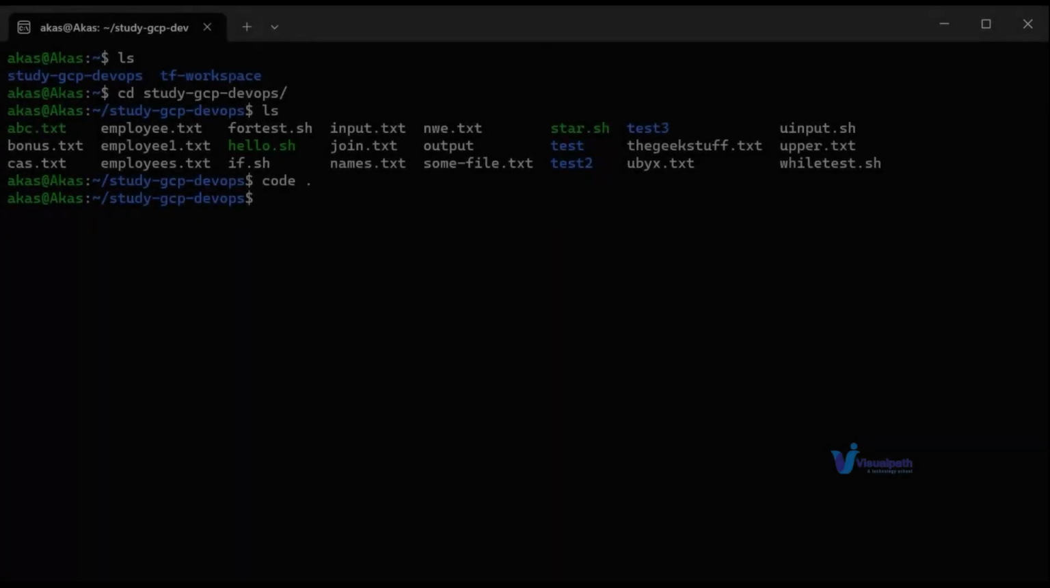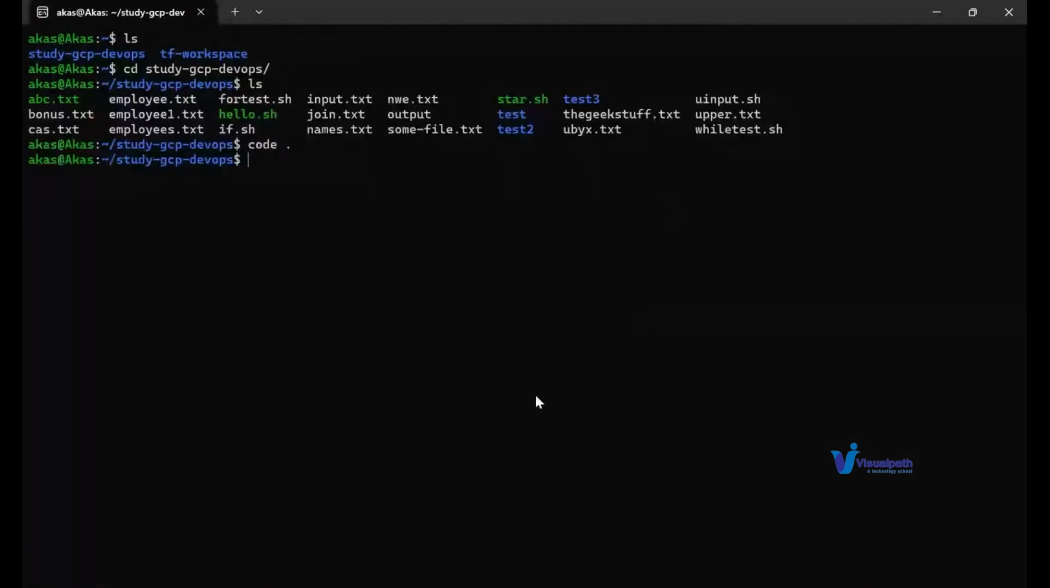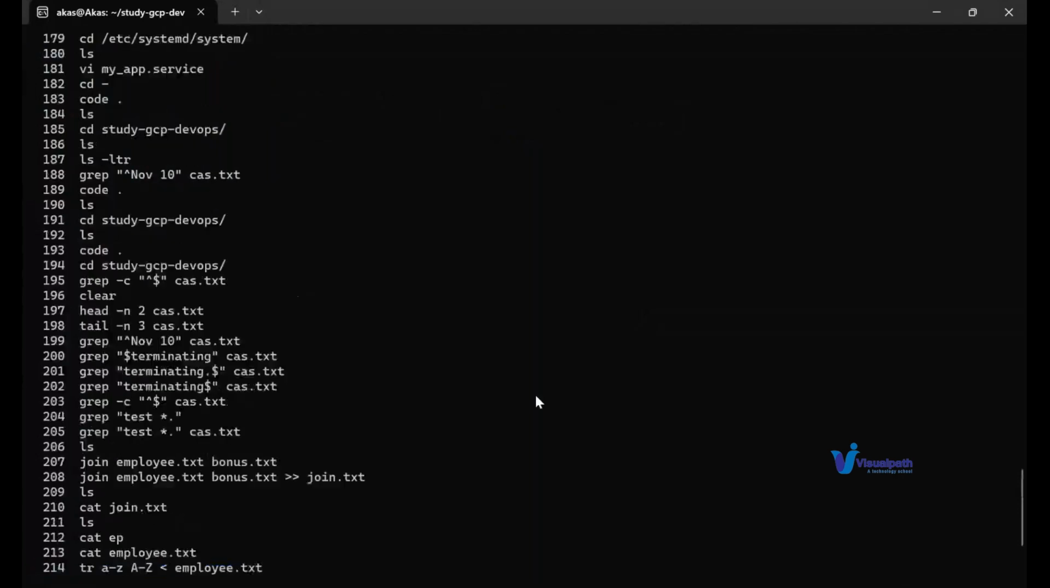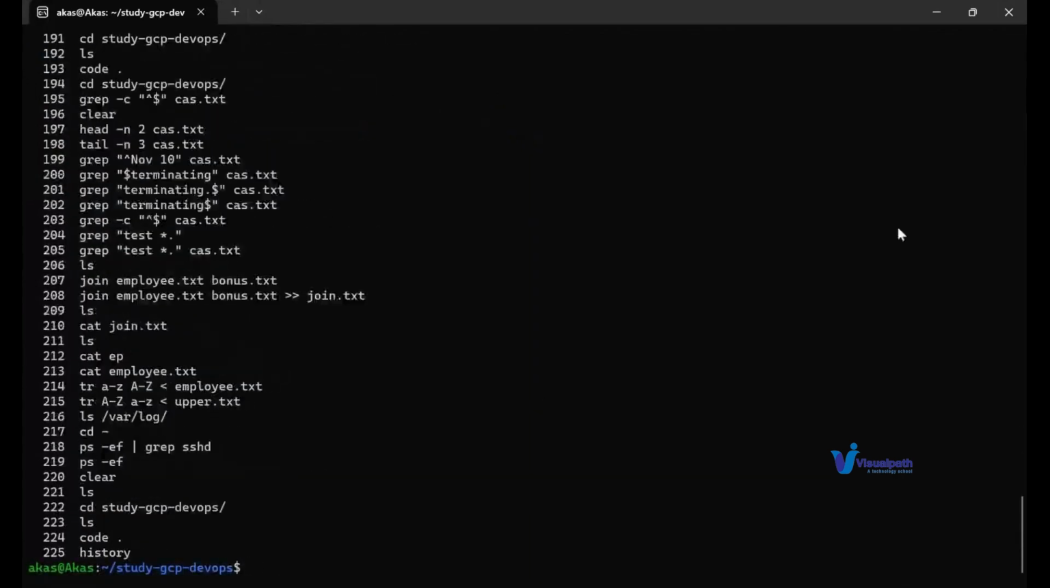So we started from very basics, like the cd, how to change directory, how to create a file, how to visualize a file. Let me take history, that would be easier. How to visualize a file, and okay, that's not it. How to remove a file, how to create a directory, and then also we looked on